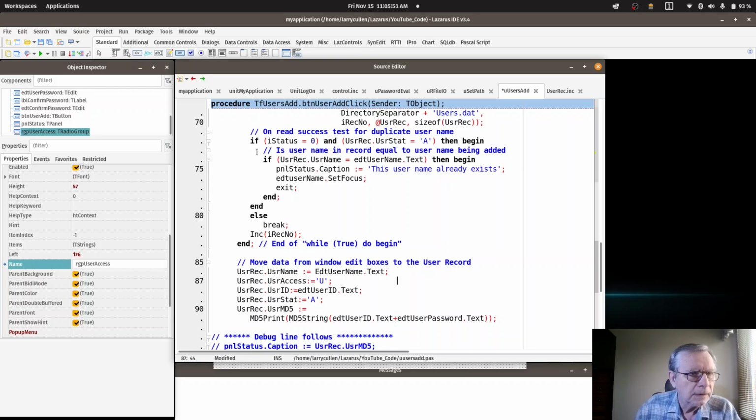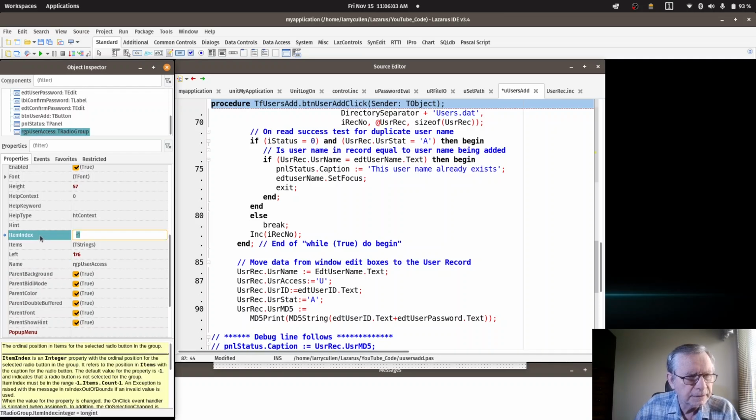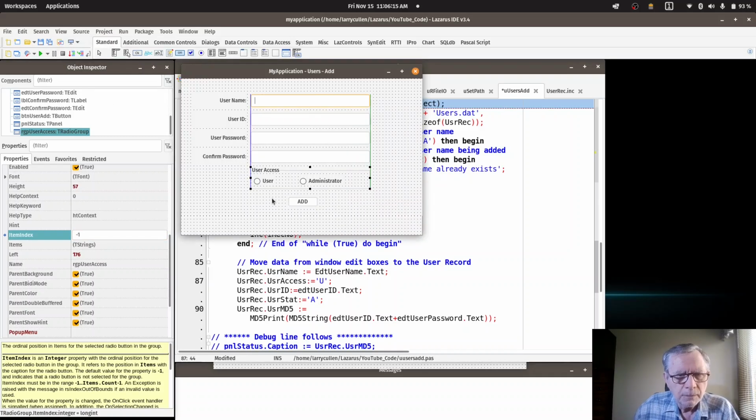Now, if we look over here, you will see that there's a property called item index right there, and it's currently set to -1. Now, when it's -1, what that does, let's go back and look at our window. -1 means neither the user item or the administrator item is selected. They will both be unselected, not selected. But if I change this item index to a 0,